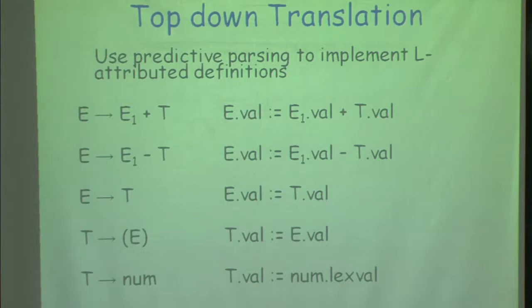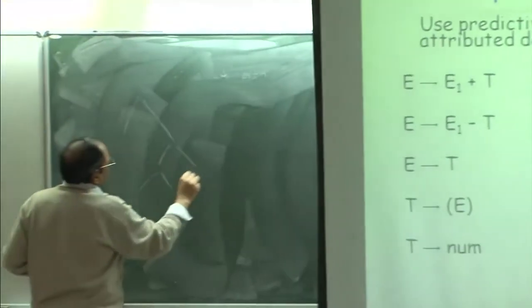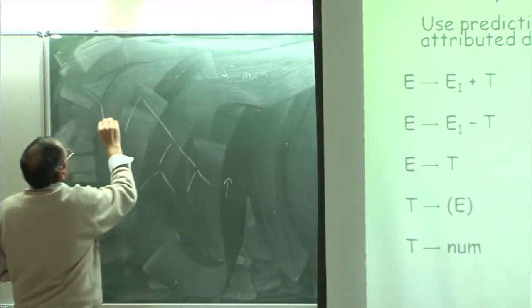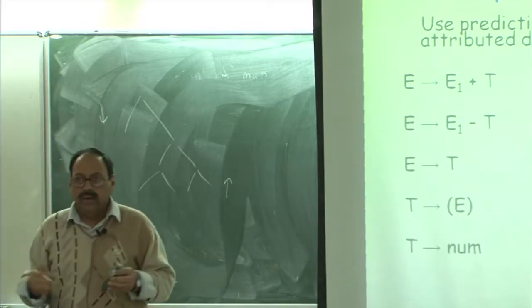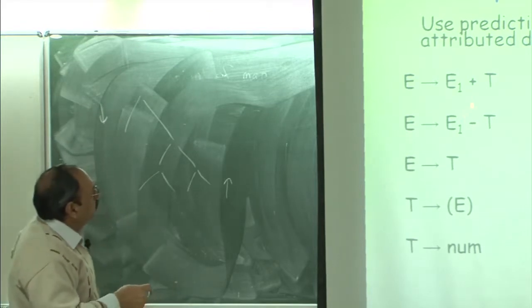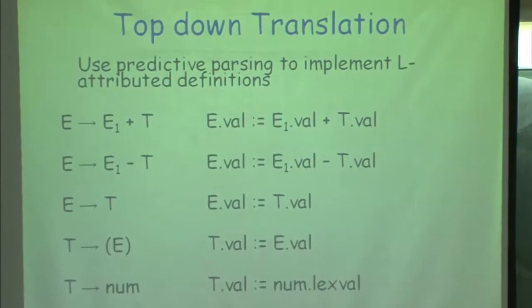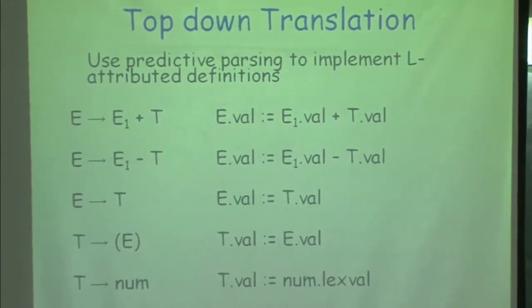So, this is the first problem I am attacking, okay, that we have a top down parser and we have synthesized attributes. Okay. So, the first problem that will come in a top down parser is that I start building my tree from top to bottom, and then if you are talking of synthesized attributes, they will go in this direction and my parser will go in this direction. How do I handle this situation? Okay. So, here is a typical situation where you have a set of rules which are left recursive, and then you have a set of synthesized attribute equations or S attributed equations, right. So, how do I solve this problem first?